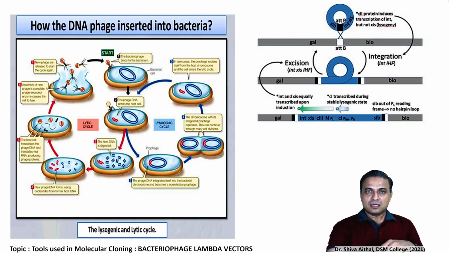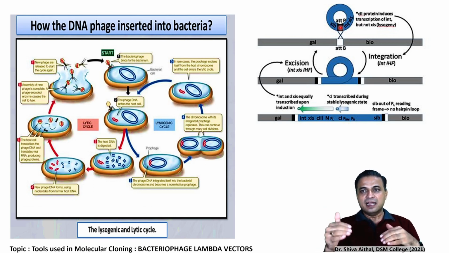Similarly, coming back to our point of discussion. The phage DNA gets integrated into the bacterial host DNA at a point called the attenuator, and that attenuator region is also present in the lambda phage, which it has developed. See that red point? That is the attenuator point in the phage. Attenuator P is the attenuator of the phage, attenuator B is the attenuator of the bacteria, and it has a reversal integration